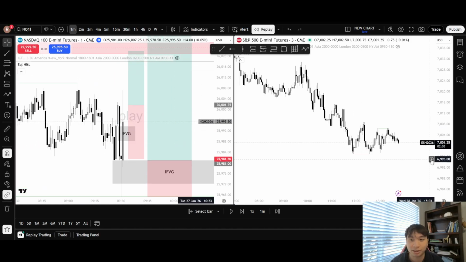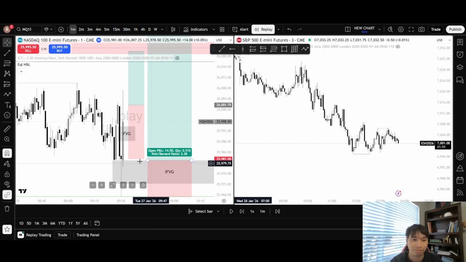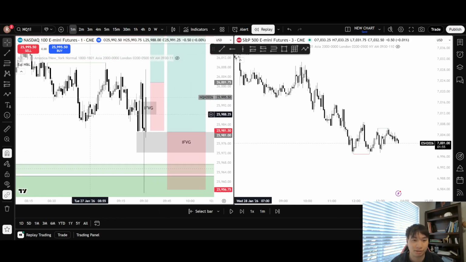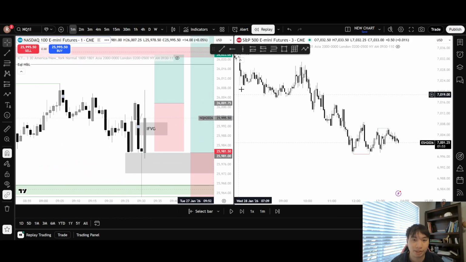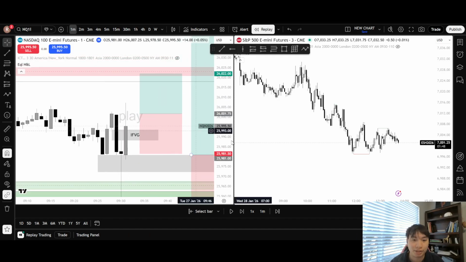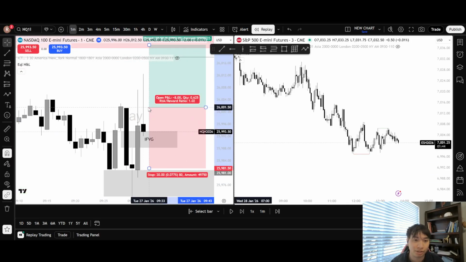Amazing. This is kind of outdated for ES because this is the 28th actually, but ES was on the same page too. I was like, great, cool, awesome, fantastic. So I entered it, but here's where I messed up. I entered it too late. And what I mean by that is I entered around here.